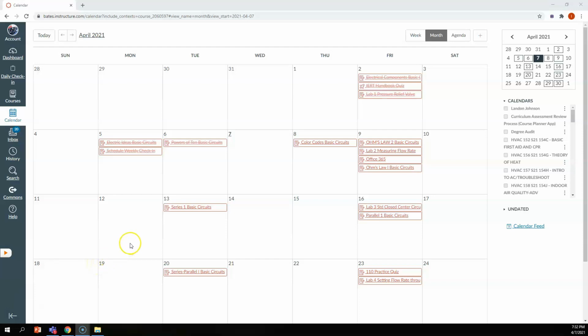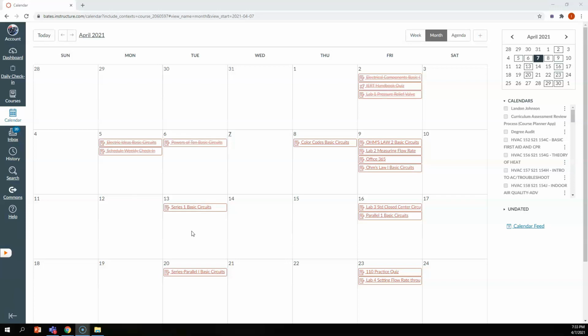So let's schedule some resources in Canvas, and then we'll switch over to Student View and talk about how to reserve those resources. So today we are going to set up reservations on Tuesday the 13th of April for lab access in person. I am going to create calendar events that students will be able to reserve in order to reserve time